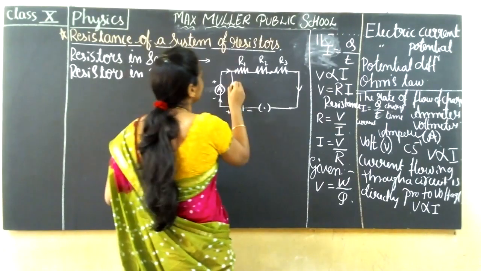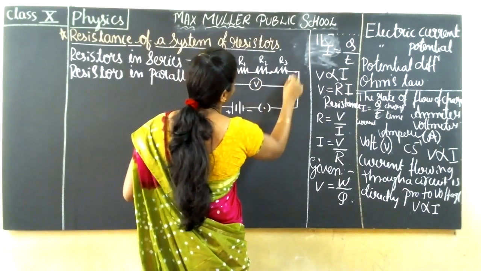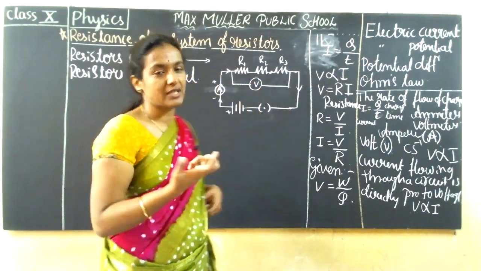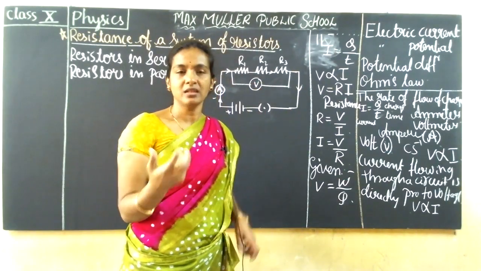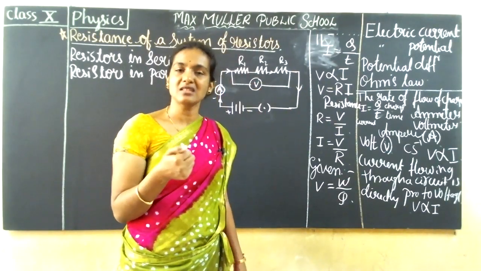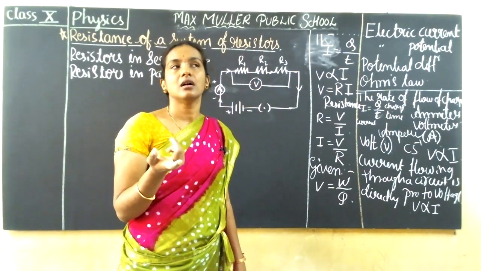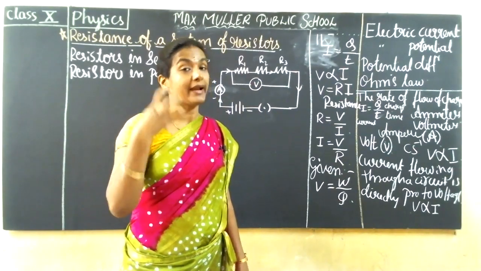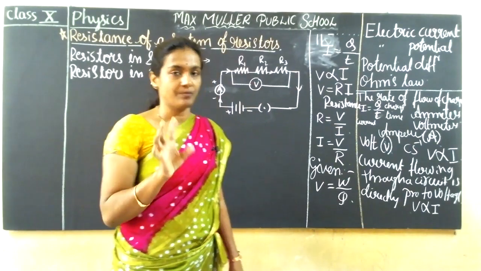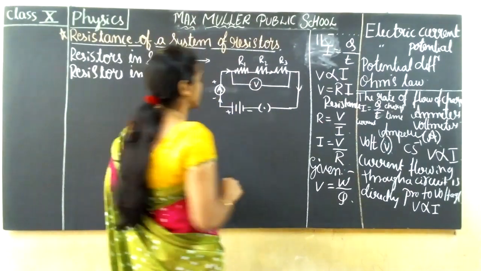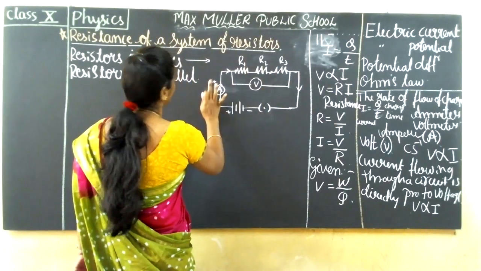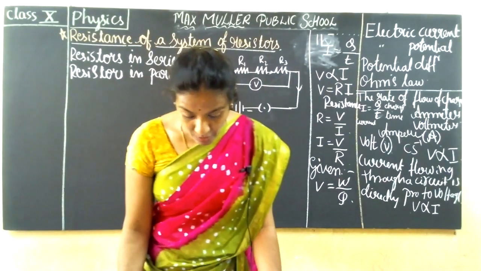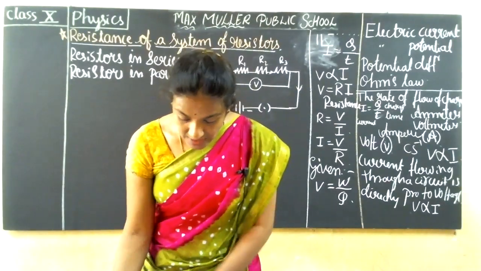Now I'm going to connect the voltmeter. See guys, I cannot show you how a voltmeter looks, how an ammeter looks and all in the classes. You do one thing, after the class you just Google them. Even in the last class I think I told you. Google how they exactly look, so that you will get some idea while drawing this circuit diagram. Otherwise no problem if you remember this. So this is our circuit diagram for resistors connected in series.